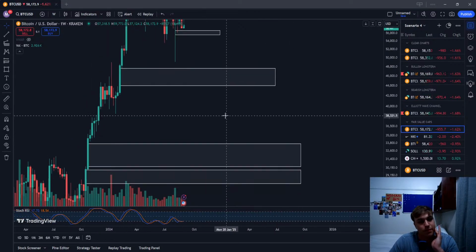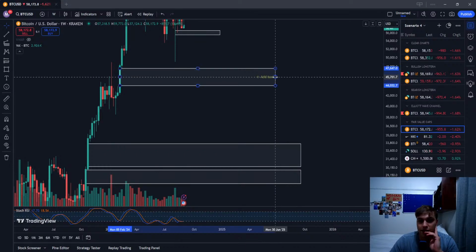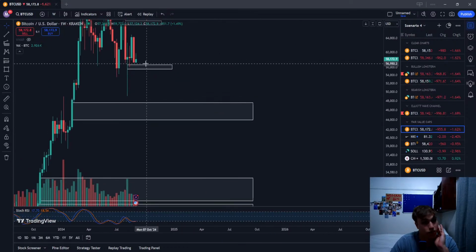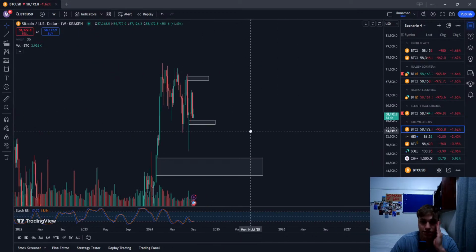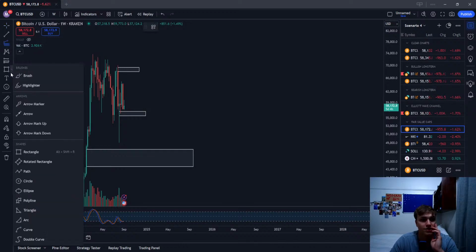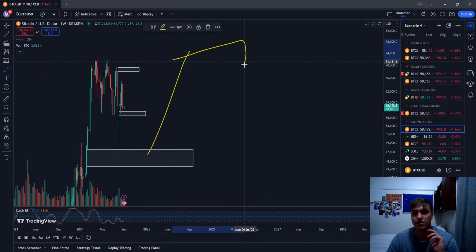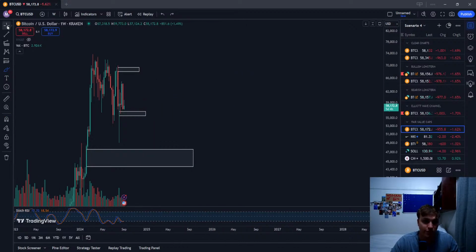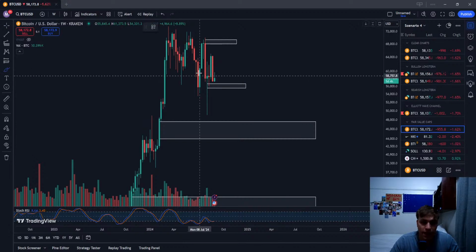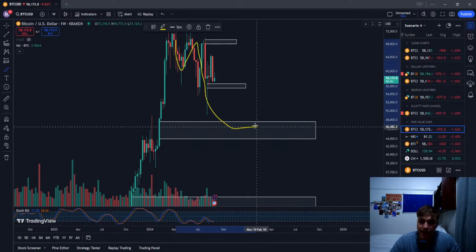So yeah, we're still looking at structures to move up, or to move down and then up. Using this as support, we're still looking for those massive bull market targets at the $100,000, $120,000 level. I mean, that's what we're aiming for this bull run. So I do think this can act as support.